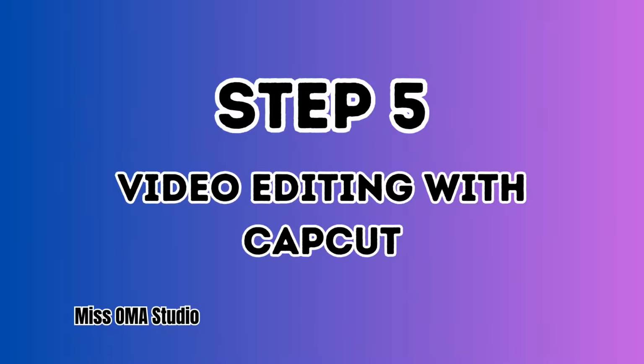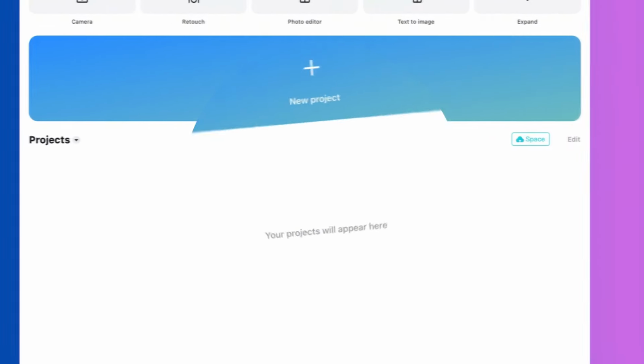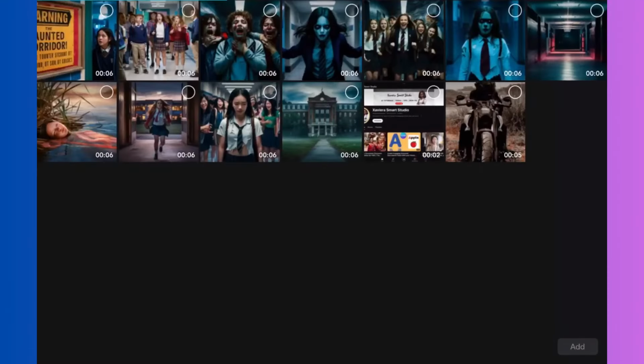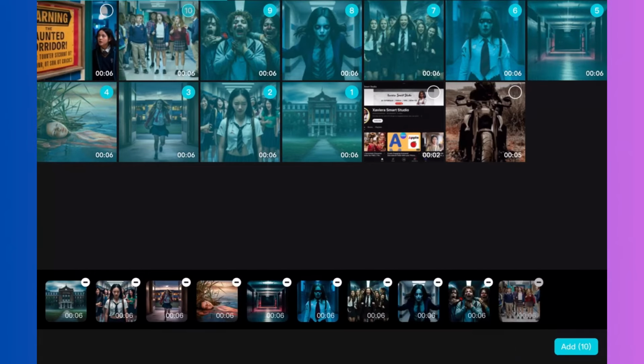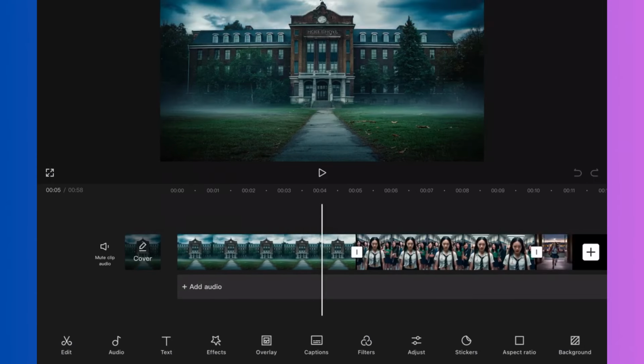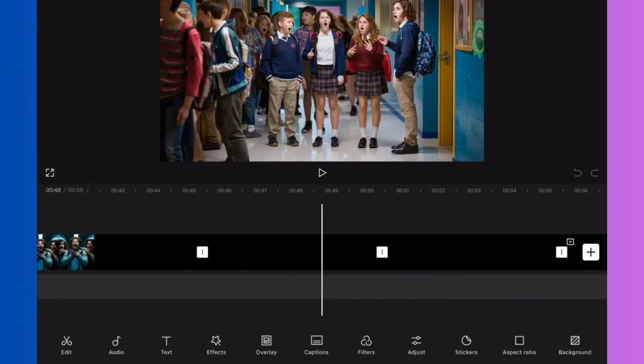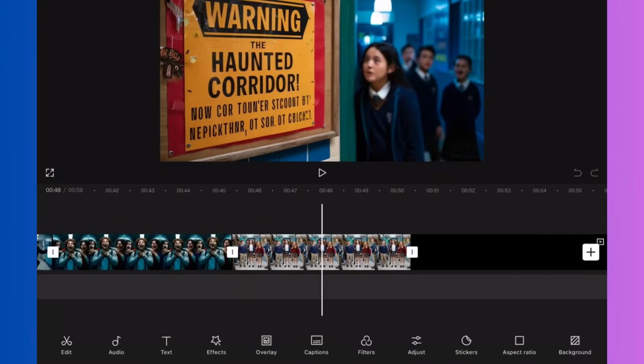Step 5. Video editing with CapCut. Finally, let's put everything together with CapCut. Upload your animated images and voiceover and add them to your timeline in the right order. Once you're done arranging the scenes,